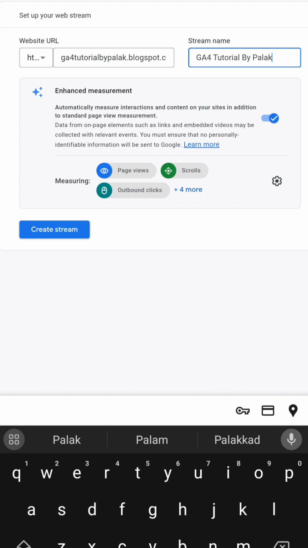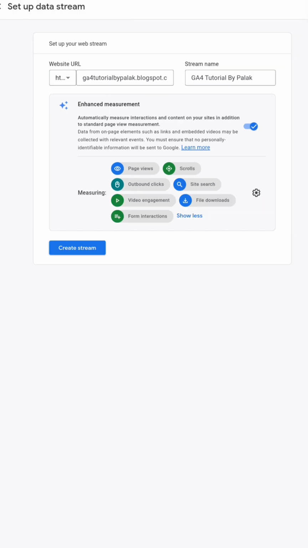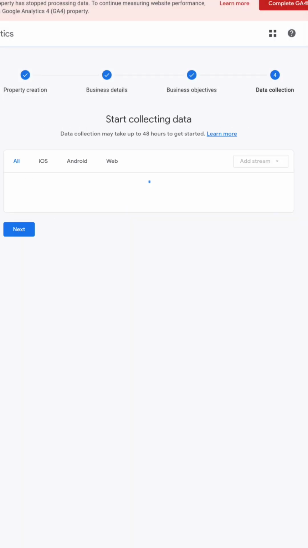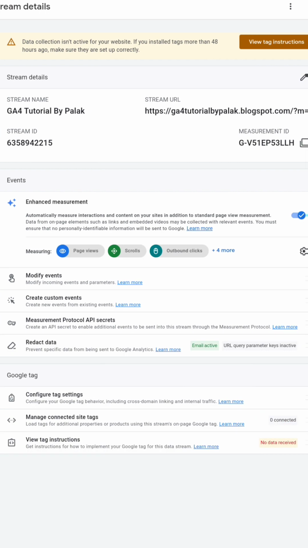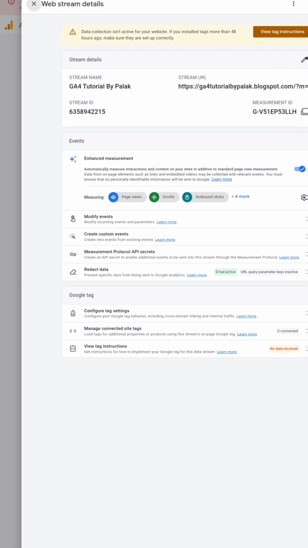So now you can see enhanced measurement here. Along with the page views you can measure scrolls, outbound clicks, and 4 other options available: site search, video engagement, and more. Okay, so you have to now click on this button create stream, and it will take you to the next